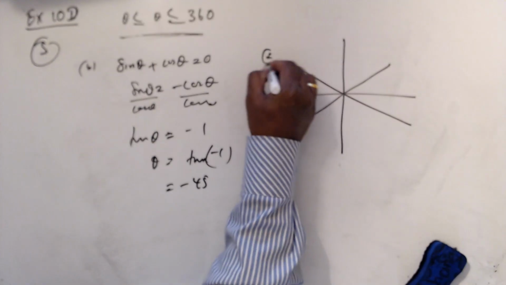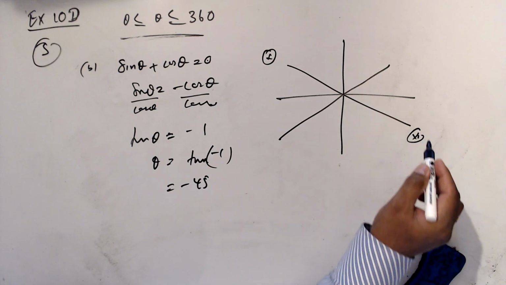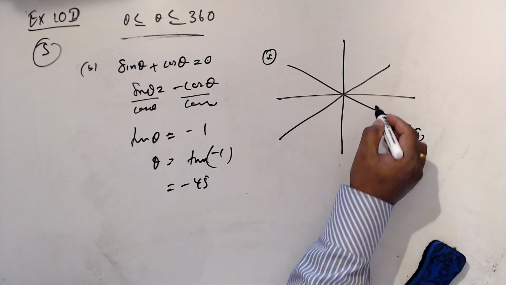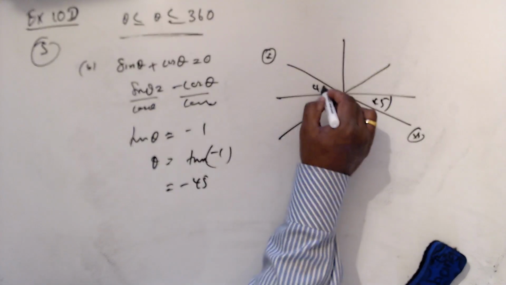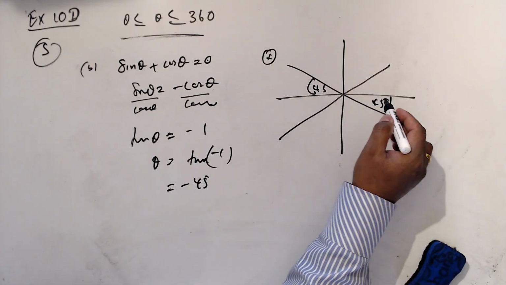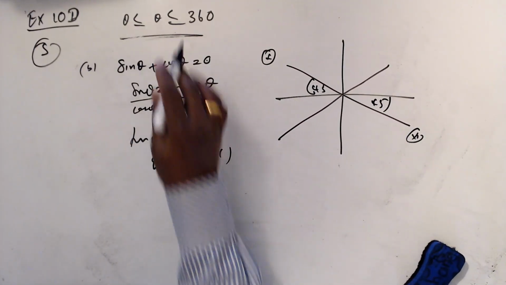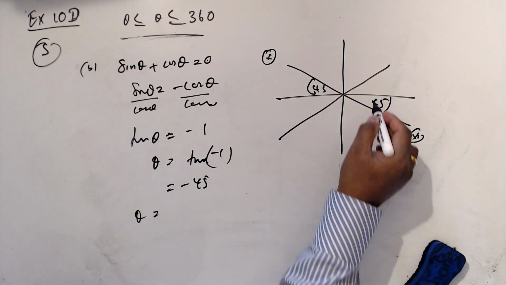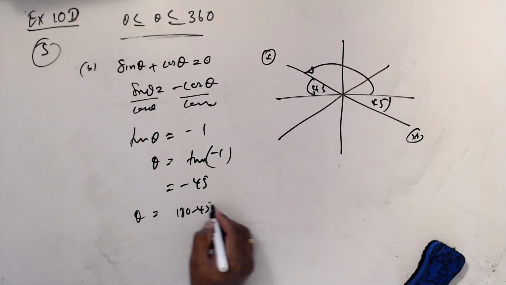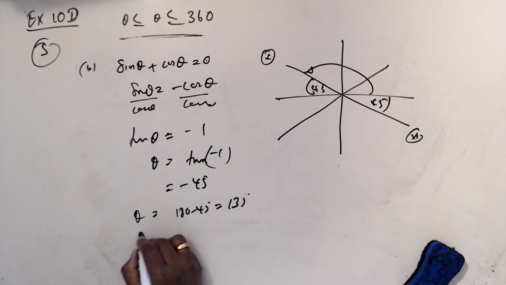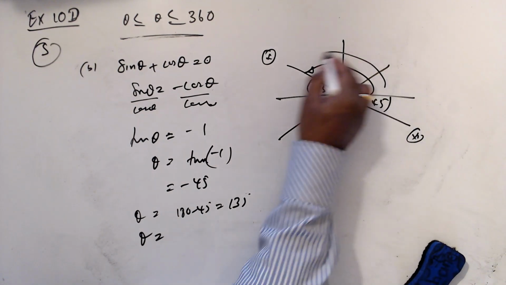Tan is negative here and in the fourth. So this is 45 and this is 45. We need in this range theta equal 180 minus 45, 135. The other one is